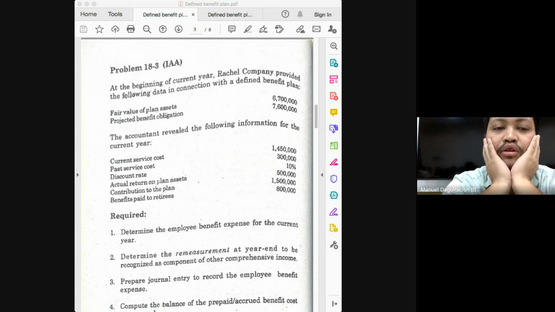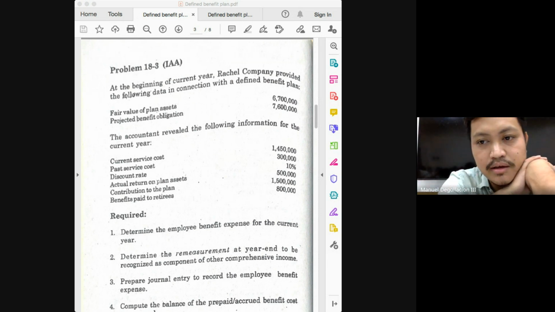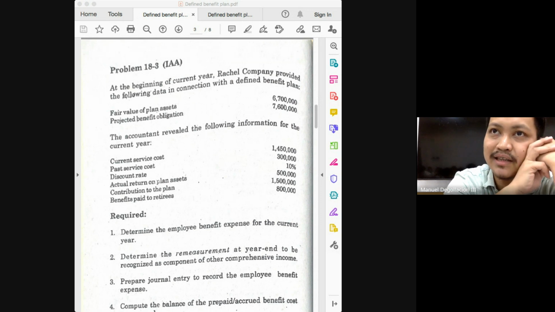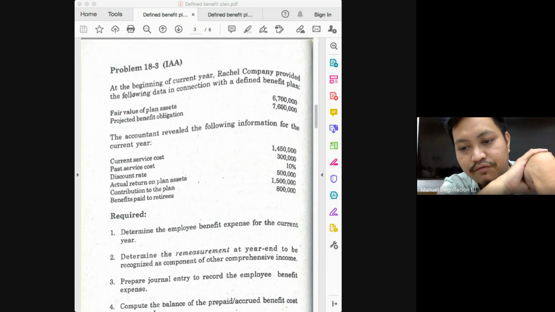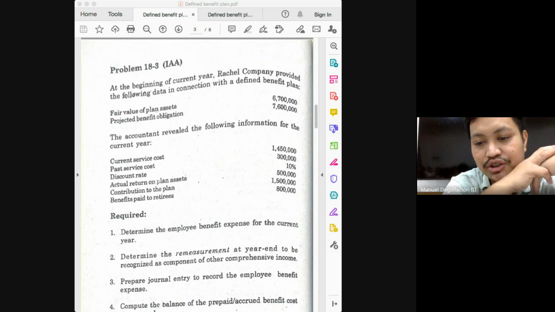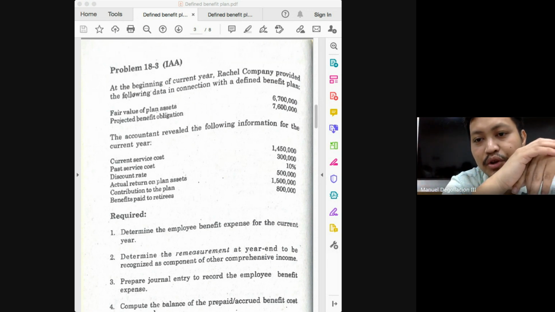Next, deduct benefits paid and also deduct any payments in settlement of your PBO, which is not present in this problem. What we have though is benefits paid. How much is the benefits paid? 800. So beginning balance of 6,700 plus contributions of 1,500,000 plus actual return of 500, and then deduct benefits paid of 800. How much will that give you? 7,900,000. The time you have now is the best time for you to practice on this problem. So at least try to follow the discussion.